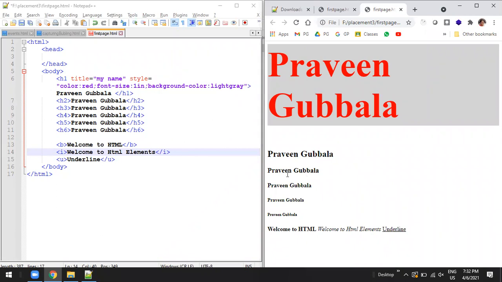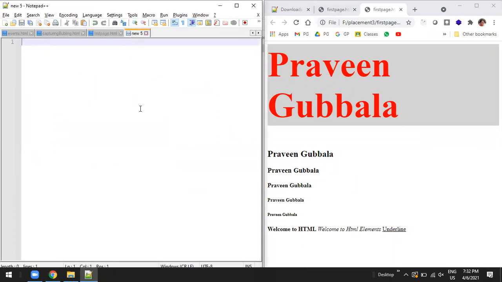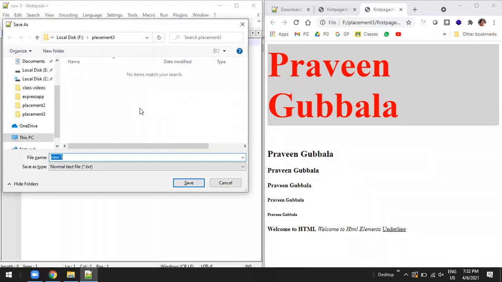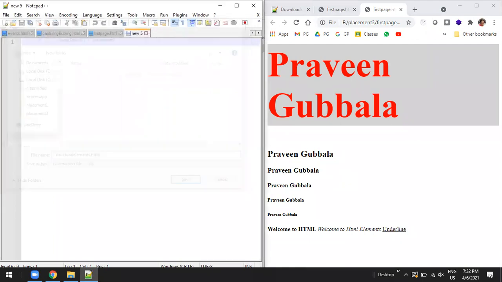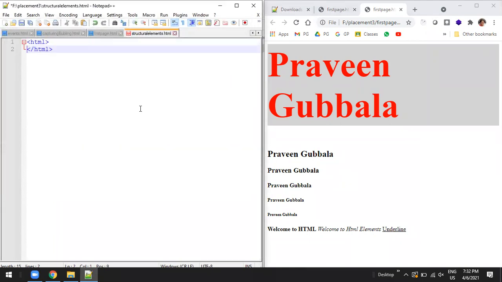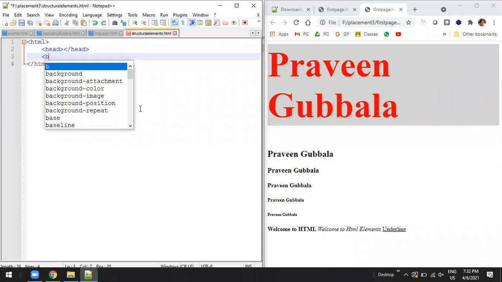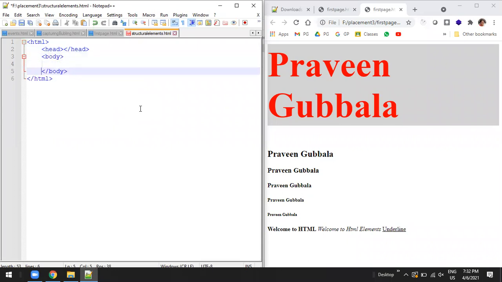Shall we see that? So for that I will create one more page. First I will save it as HTML, head section, body section.